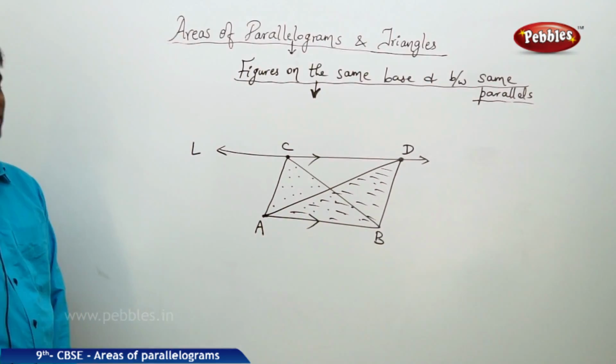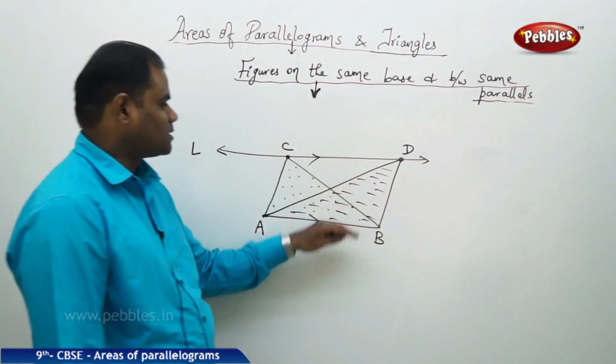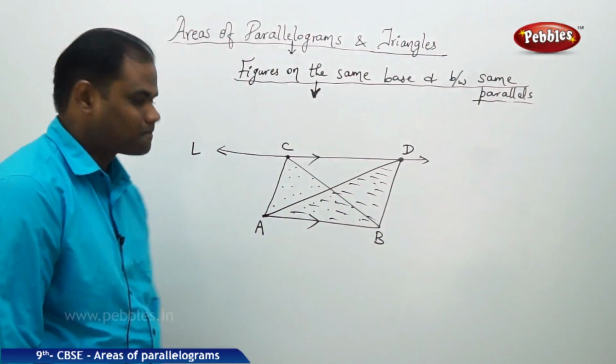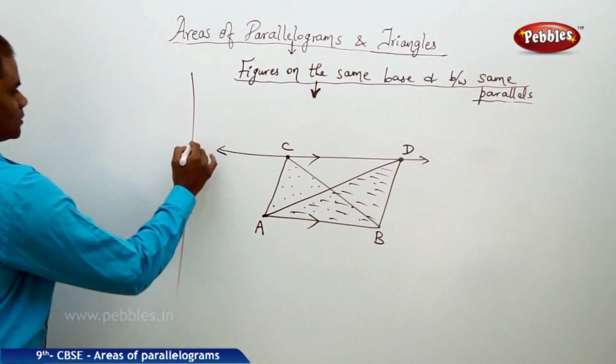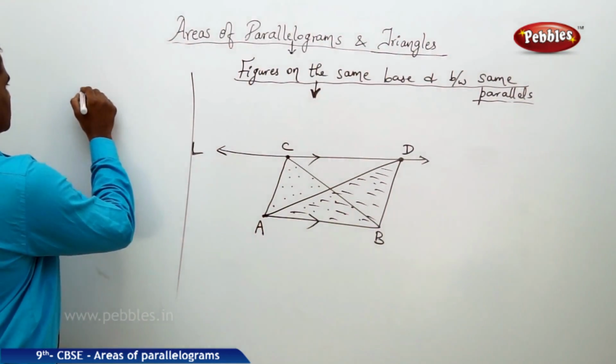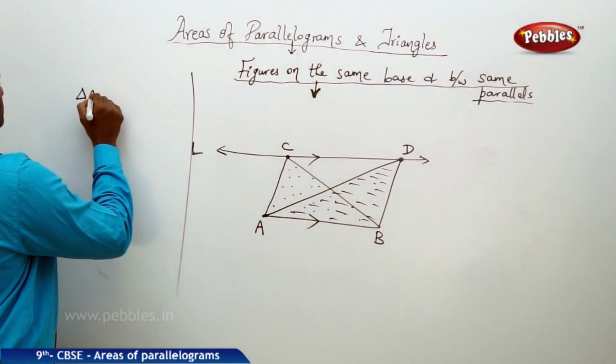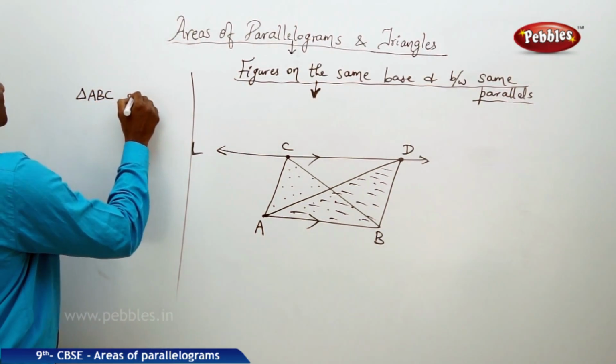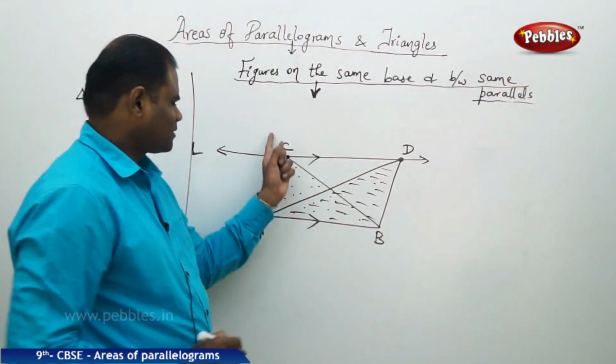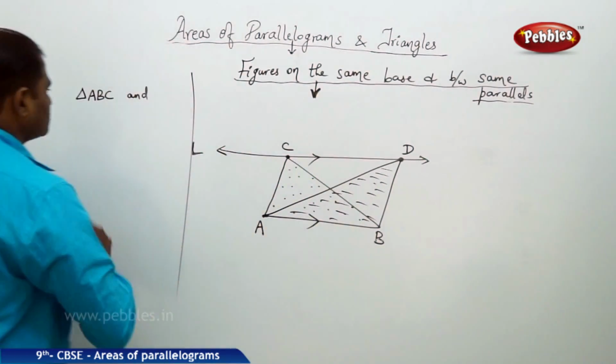So here we are going to investigate the figures on the same base and between same parallels. So in this case, triangle ABC and triangle ABD